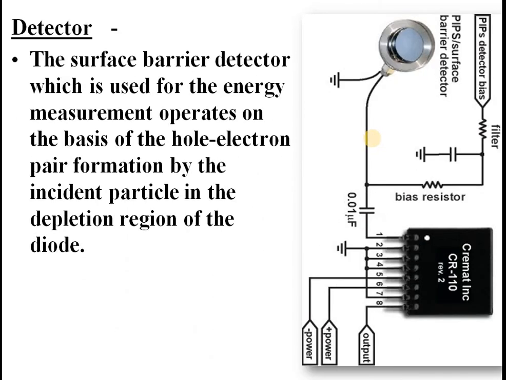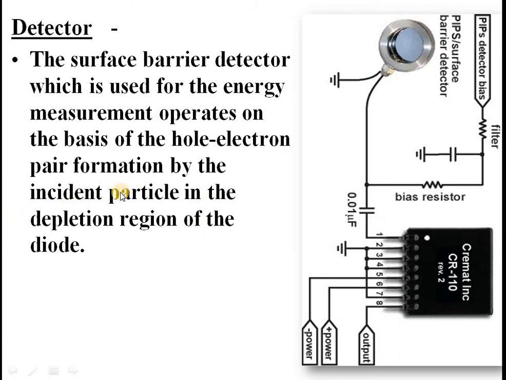So the detector plays a very important role. The detector should be highly sensitive, precise, and accurate, for which we use a surface barrier detector or semiconductor detector. They are usually kept in liquid nitrogen or hydrogen at cryogenic temperatures in order to avoid noise, and the energy measurement is done. These procedures are well known to you. We already discussed them in the case of neutron activation analysis.